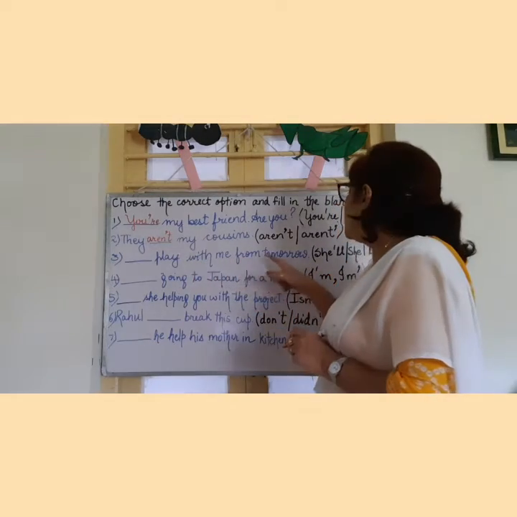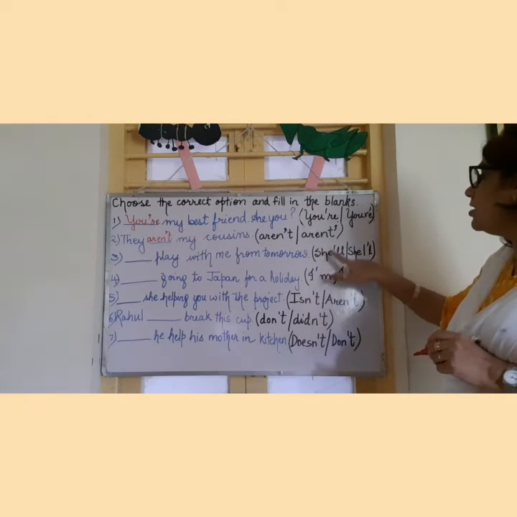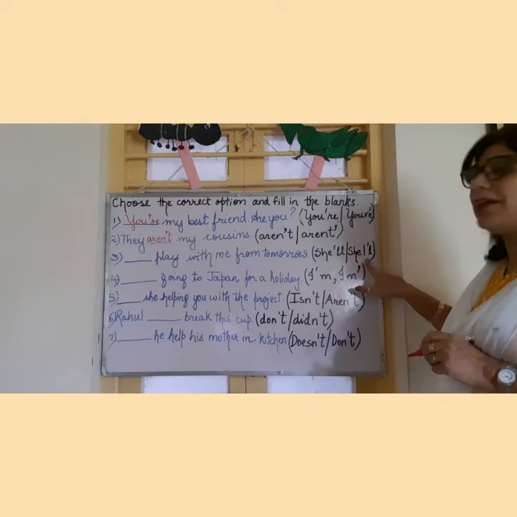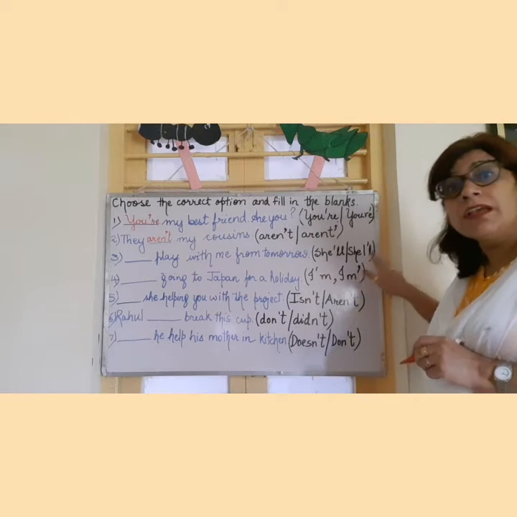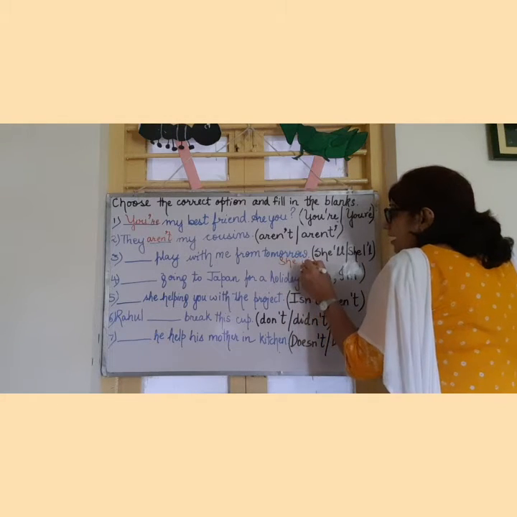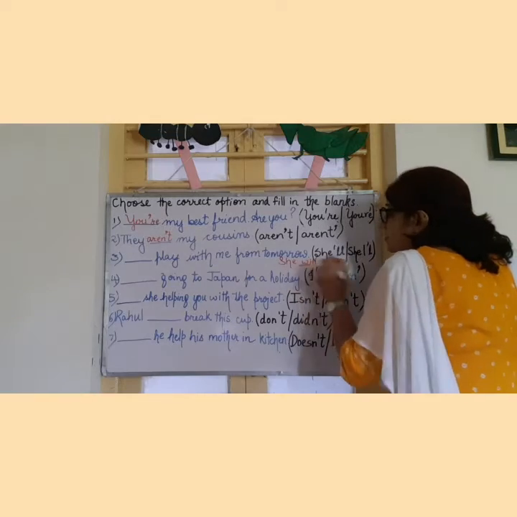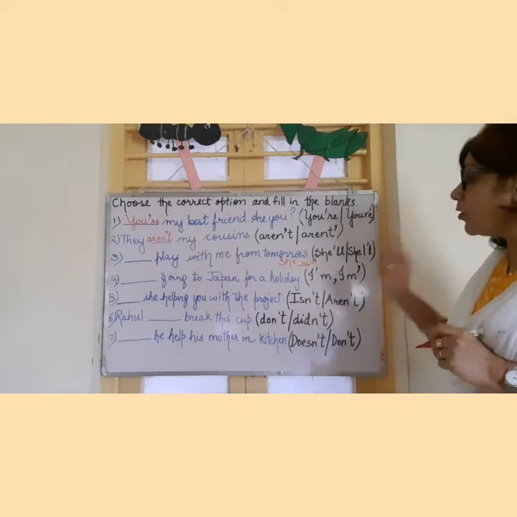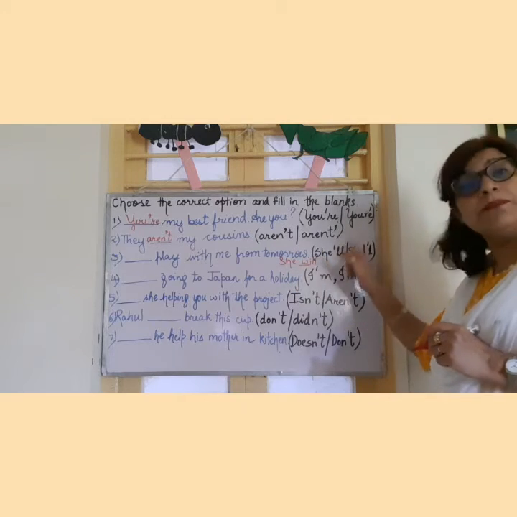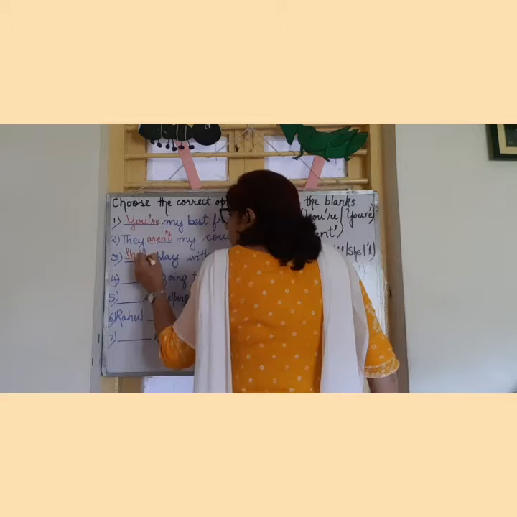Dash play with me from tomorrow. So here we have two options, she apostrophe L, she will, and again we have tried to write she will, but see what is the full form of she will? She and will. And what did we eat off? We ate off W-I. So the apostrophe should have been after the word she, then double L. So it is she'll.